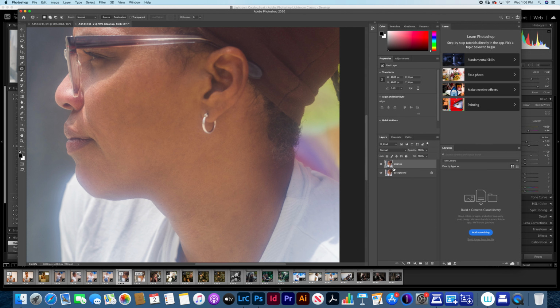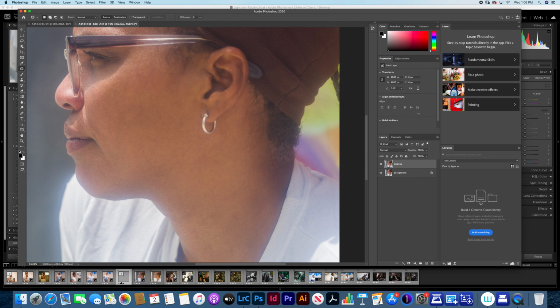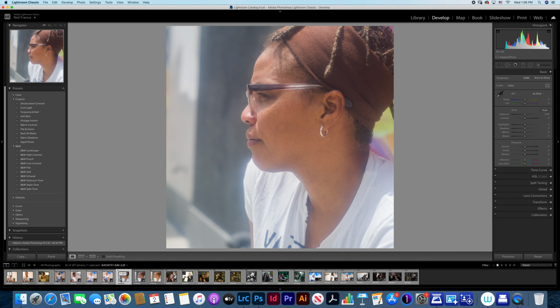You've done your cleanup. Now you're going to hit Command S for save, and that image is going to be saved back to Lightroom. And so here it is in Lightroom. It's number 3 because this is the 3rd time I've worked on it, and that is our image.